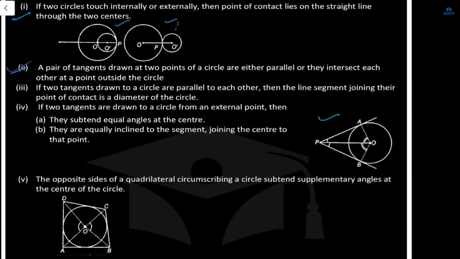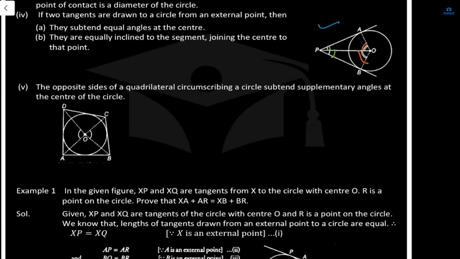That means PO will be the angle bisector of angle AOB. These two angles will be equal and these two angles will also be equal. Understood? Now, if you draw a quadrilateral that is circumscribing a circle, that means the circle is